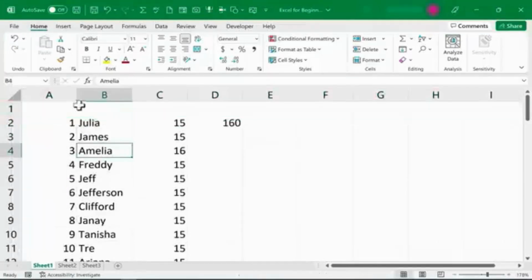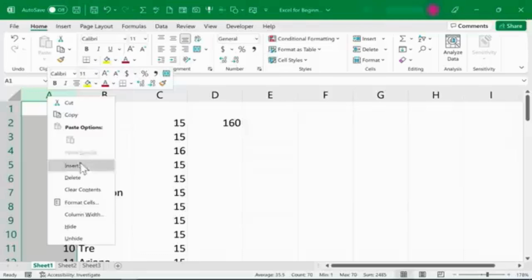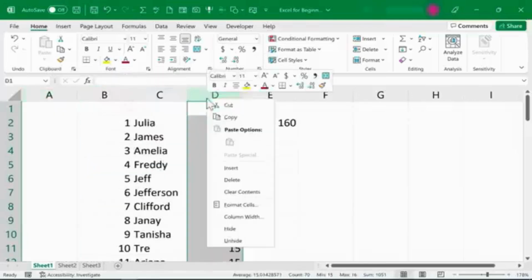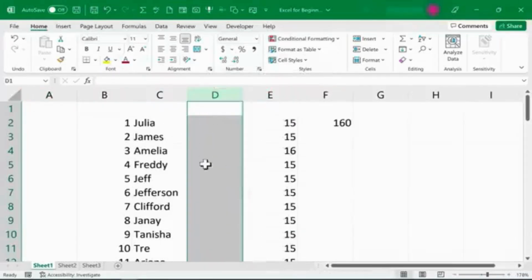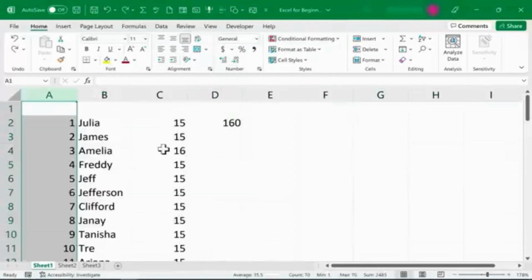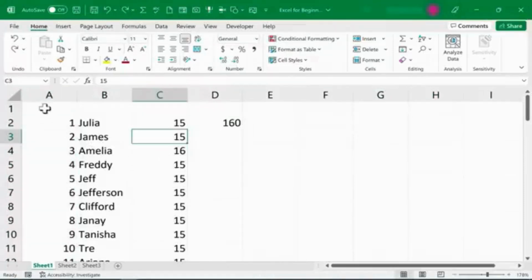If I need a new blank column, all I need to do is right-click on, let's say, column A and choose Insert, and I get a column to the left of column A. I can also insert columns in between data. So I'll right-click on D, Insert, now I get a blank column between C and now E, and I could do the same with rows. I'm going to undo all of that to get back to this point where I just have a new blank